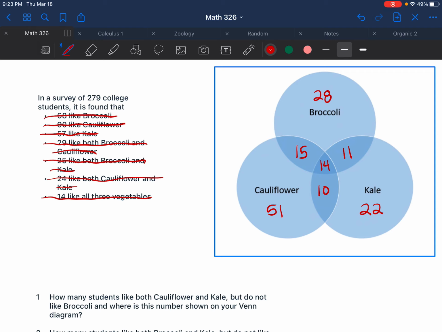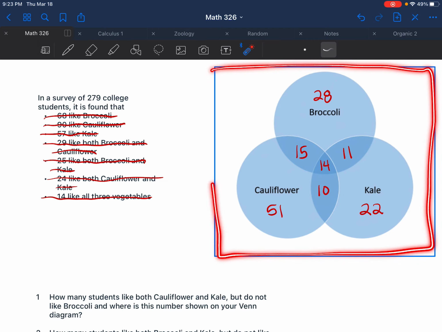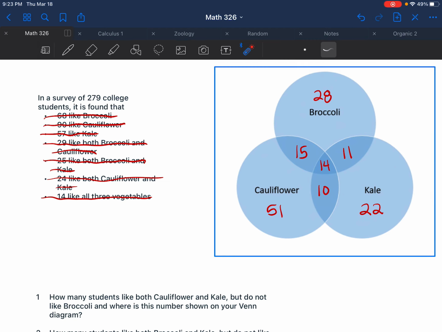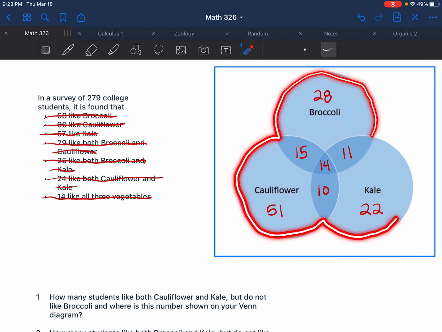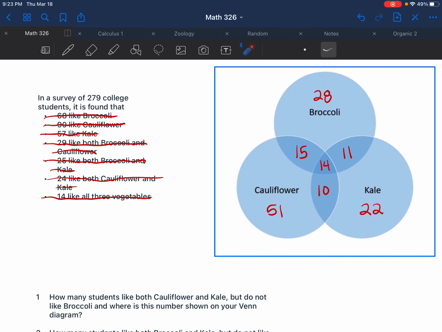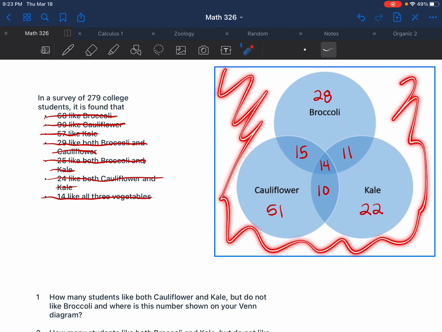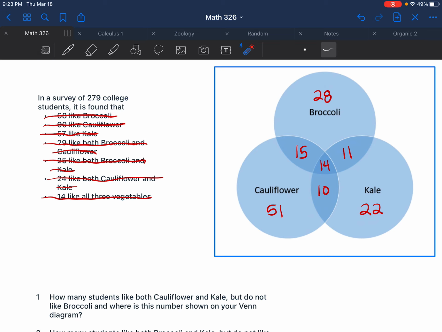Now, this big space is also part of the Venn diagram. So everybody in here likes at least one of the vegetables. But if you add all this together, you don't get the amount of people that were surveyed. So this space is to account for everybody else who was surveyed but said, I don't like any of those